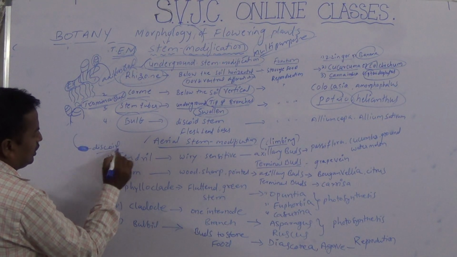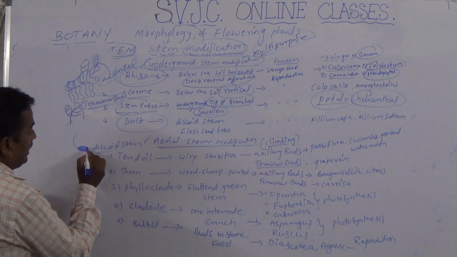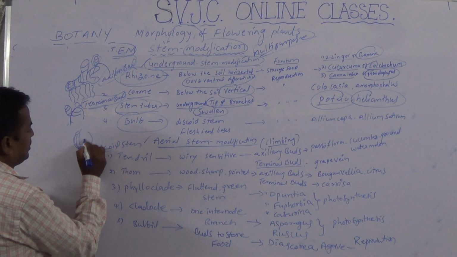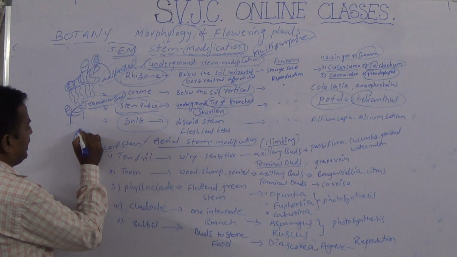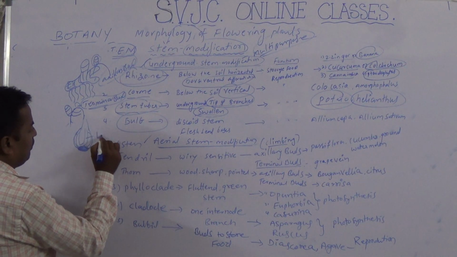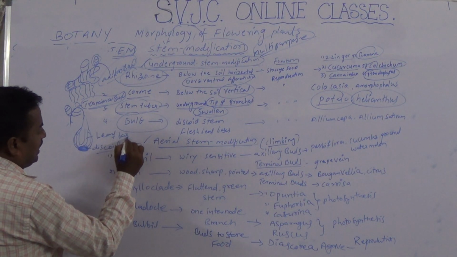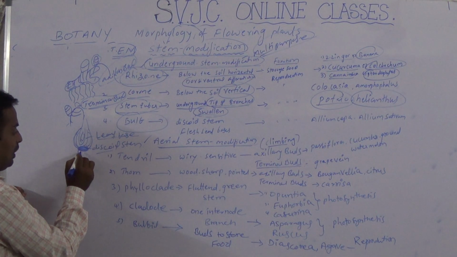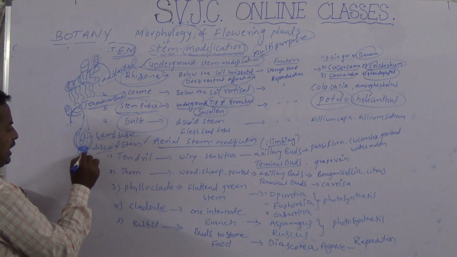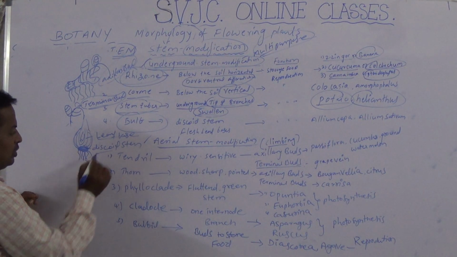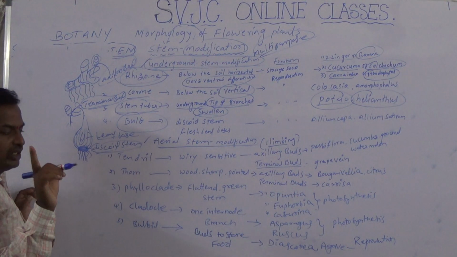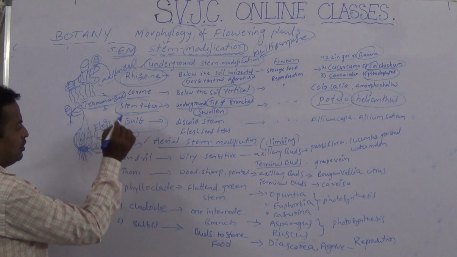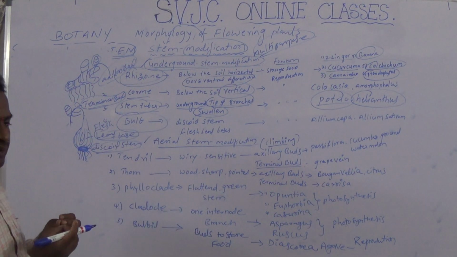It is underground. It grows below the soil. But above the discoid stem, many fleshy leaf bases are present. Many fleshy leaf bases. So it is a leaf base. Fleshy leaf base stores food materials. Below the discoid stem, many adventitious roots are also present. So the discoid stem does not store food material, students, and only the leaf base is fleshy. It becomes solid due to the storage of the food material.